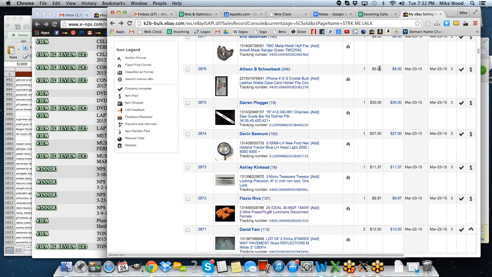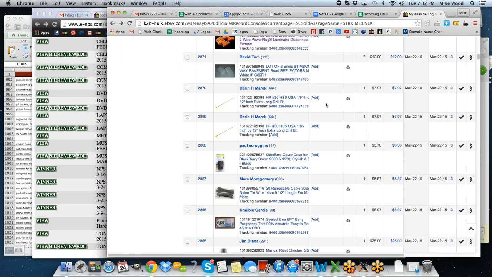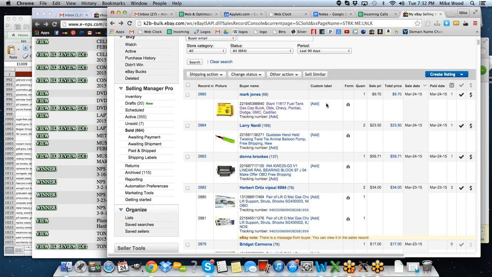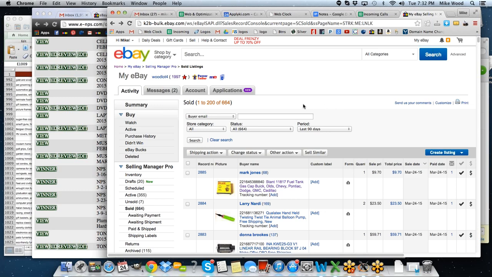The phone cases, they sell for very low amounts, but I probably paid less than $50 for a box of hundreds of these phone cases. I bought those last year sometime, and they're still selling. I still have dozens of these iPhone cases available that I just keep selling, and it's quick and easy for me to do that. So some people, when they look at this, think about the work involved,